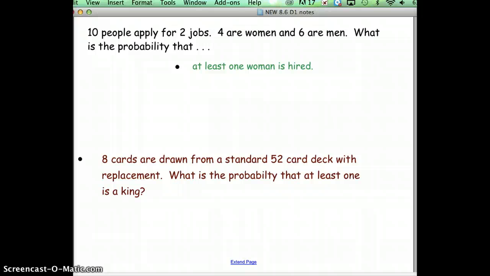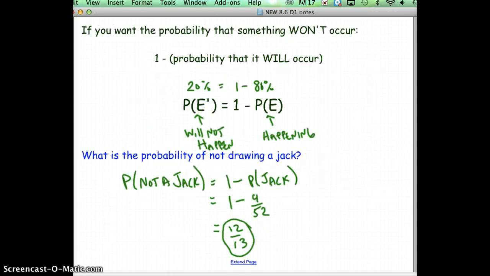Keep going with that same problem. What if we're trying to find the probability that at least 1 woman is hired? So the probability of at least 1 woman. So it could be 1 woman or 2 women. Well, thinking of it separately like that can be a little bit more complicated. So what you might want to do is apply that concept on this page, where we can do 1 minus